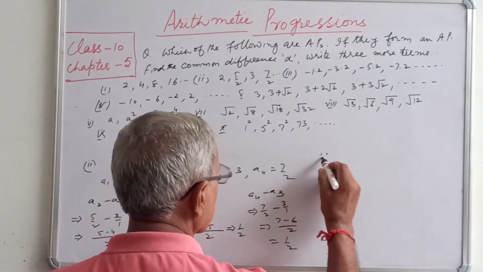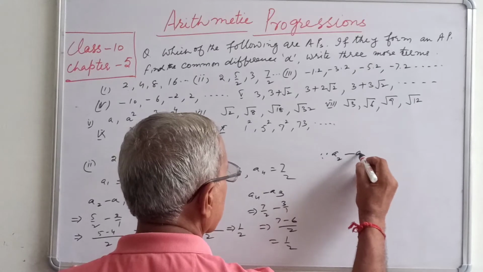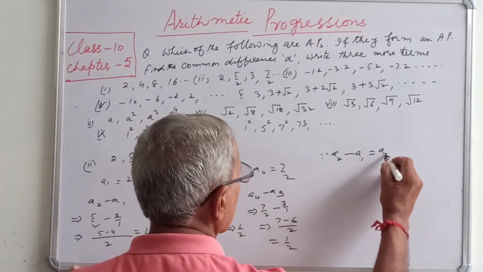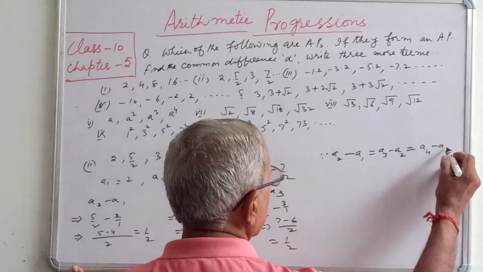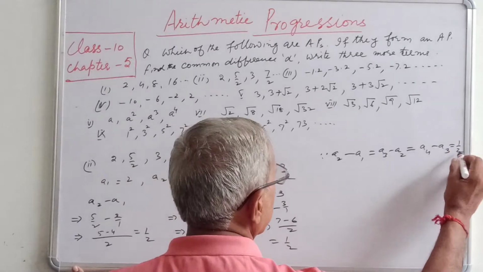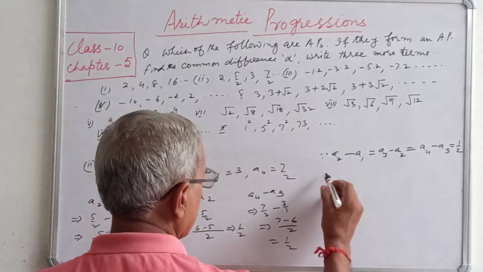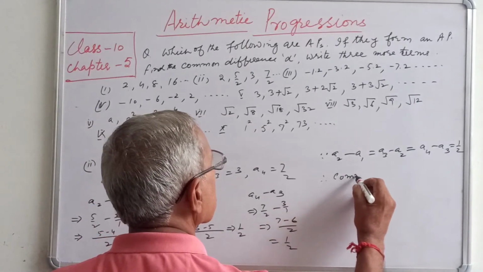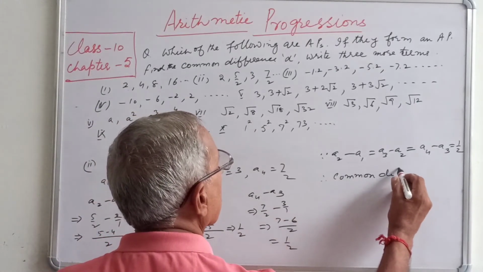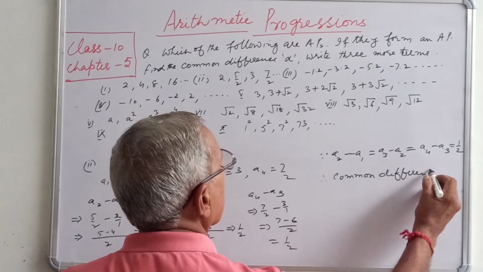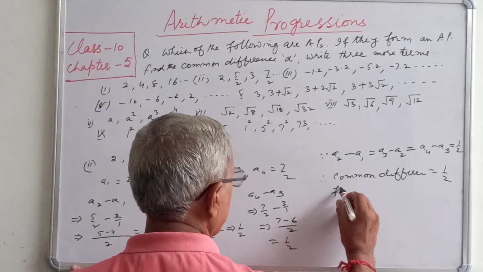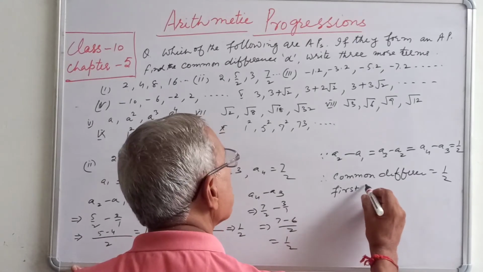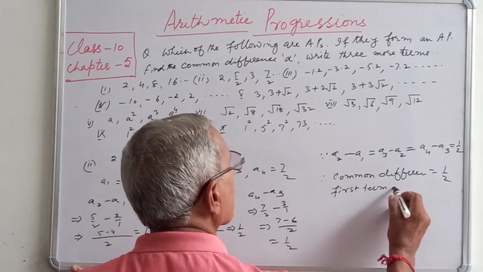So since A2 minus A1 equals A3 minus A2 equals A4 minus A3, which is equal to 1 by 2, the common difference here is 1 upon 2, and the first term of AP